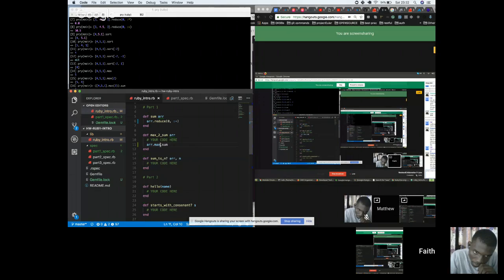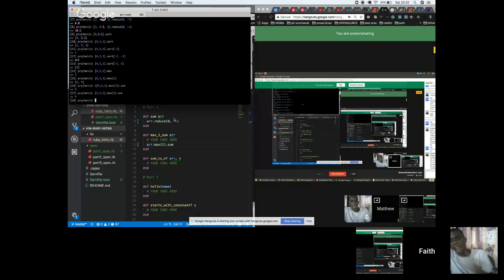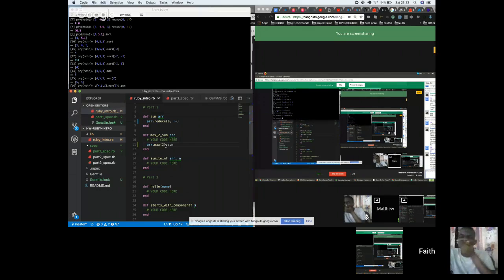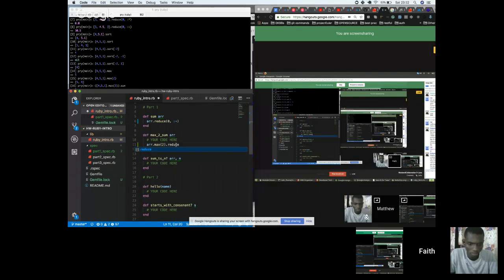Okay. Maybe, but I think that the dot sum is probably not going to work there, right? Oh, why? Because of the Ruby method. Yeah, the Ruby version. So I do the same thing. Yeah, maybe even